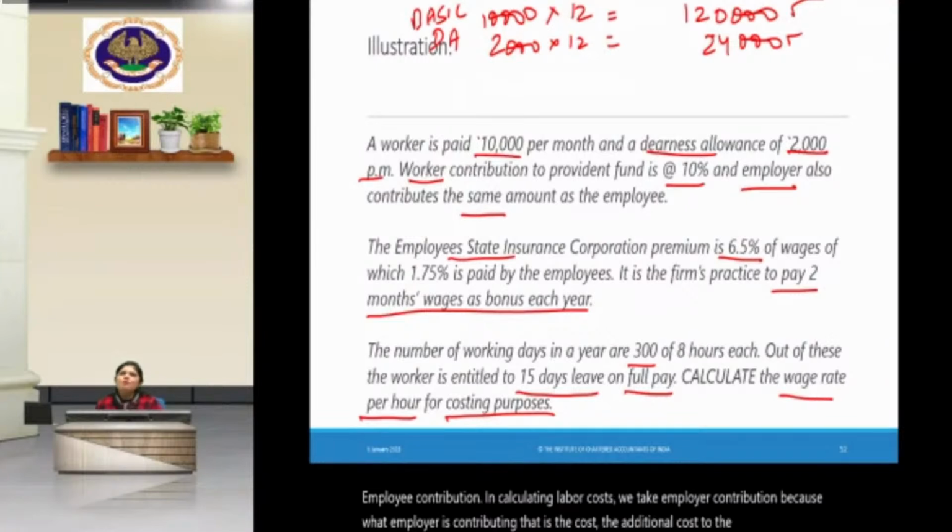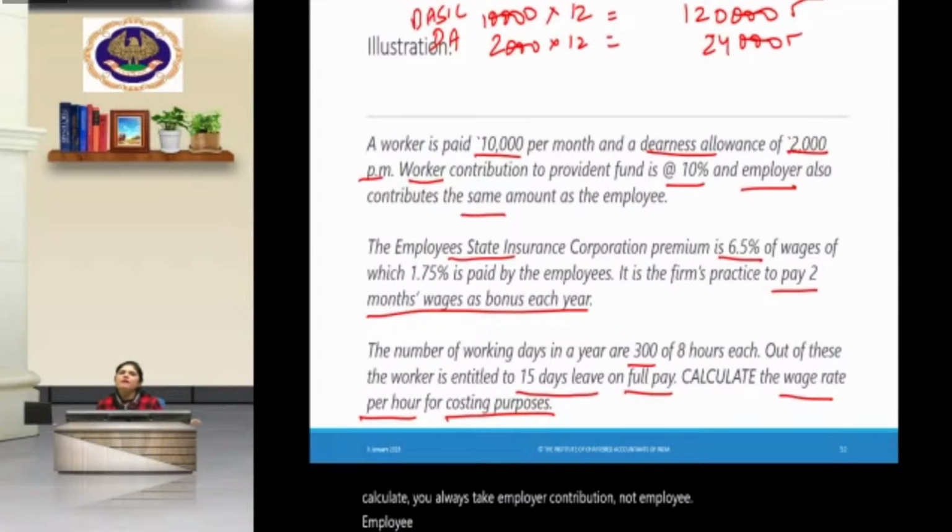First the employer is giving you wages. The employer is giving you DA also, and the employer is contributing for your provident fund. So it's an extra cost for the employer. So in labor cost, whenever you calculate, you always take employer contribution, not employee. Employee contribution we take in the earnings available for the employees, not in the labor cost. So here you add employer contribution